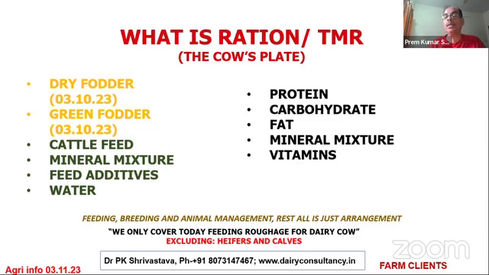So the plate will be decorated with dry fodder, green fodder, cattle feed, mineral mixture, feed additives, feed supplements, and water. These are the things, as we go with rice, chapati, dal, and sambar, and so many other chutneys, and then a glass of water. Similarly, the cow will also have its